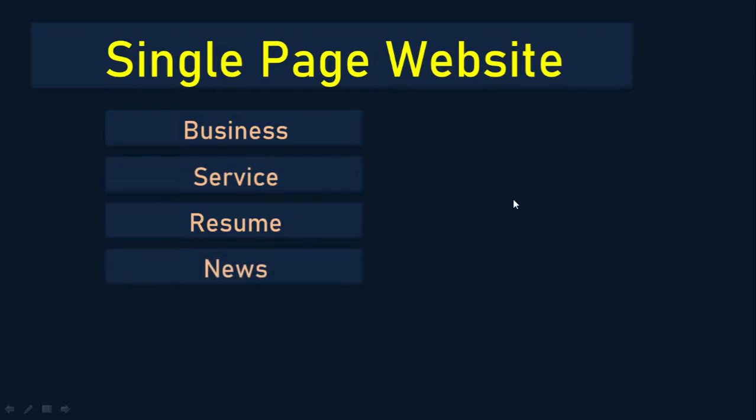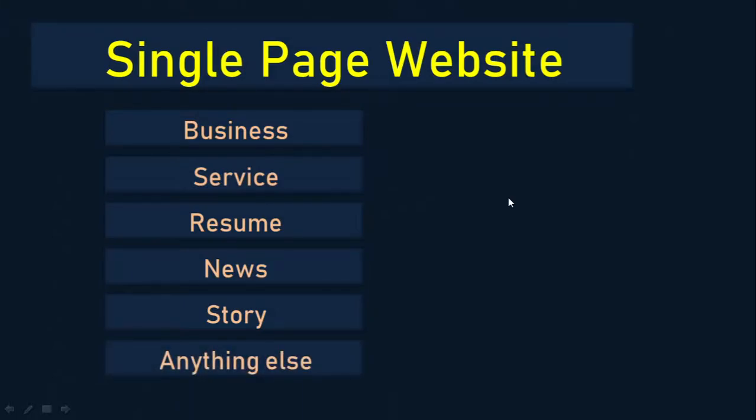News: if you're a blogger and you want to write the news on an everyday basis, we can learn how to make an attractive news page so that people can read the news. Stories: any stories you can write, or anything else other than this. If you want to make a web page, you can always do so. So let's learn how we can make the whole web page in simple steps.